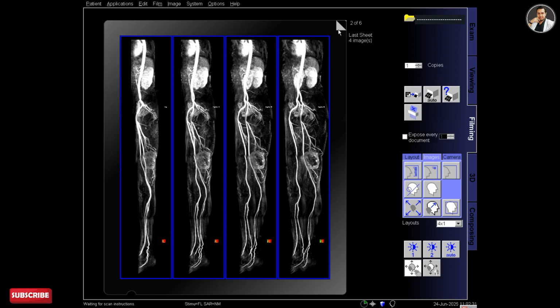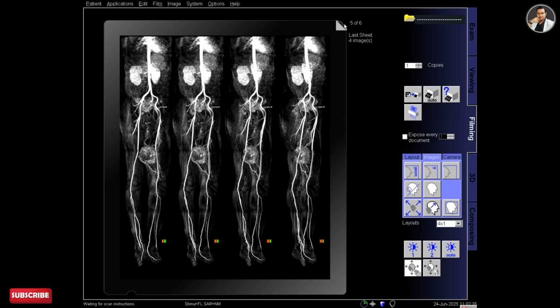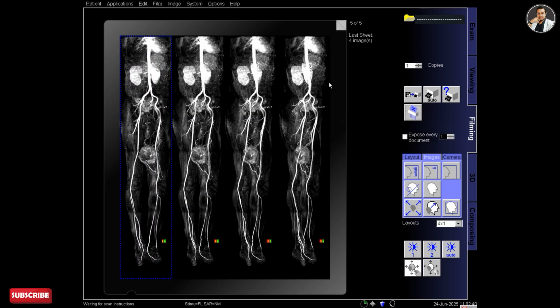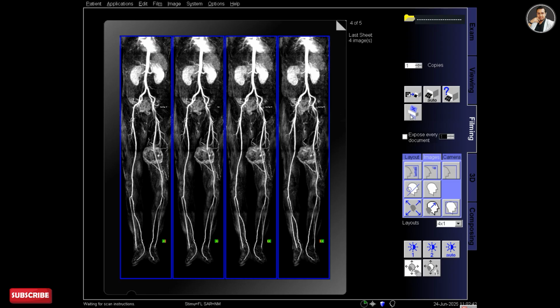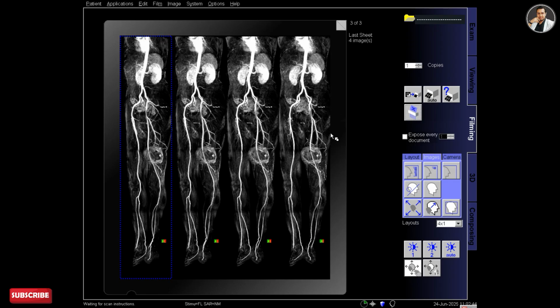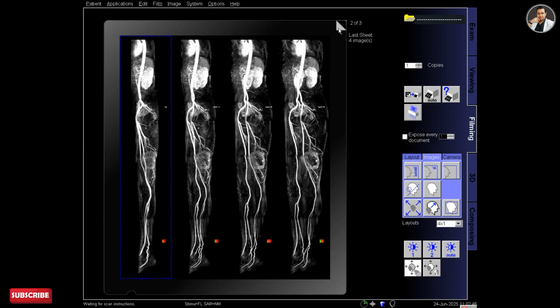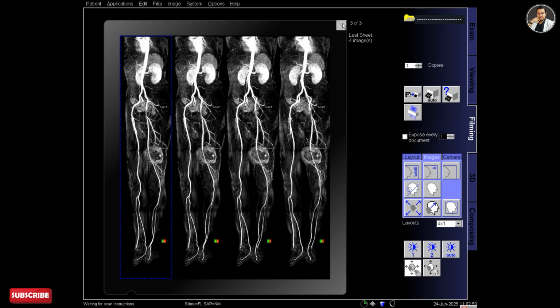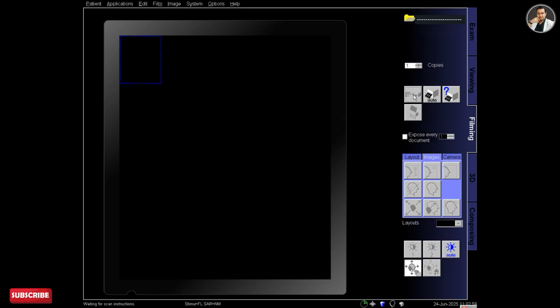There are 5 films of angiogram that I am changing. I have to delete some images to reduce the film count. I want to keep it within 2 films. So now print out.